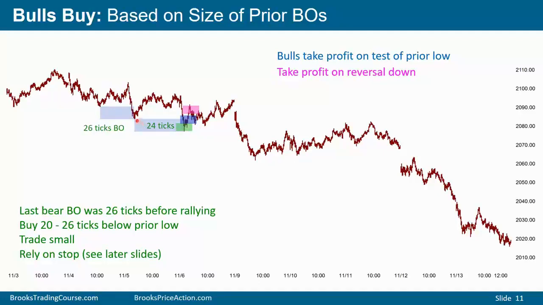Let's say a trader did not buy at that low and instead bought about 20 ticks below that low, and they expect the market to reverse up and retrace about half of the most recent bear leg. Therefore, they'll take profits in that general area, especially on a reversal down. Or they'll see a reversal up like this and think it's strong enough to get a second leg up. And because the second leg up is still probably a bear leg in a bear channel or in a trading range, they'll look to sell at that high or on a reversal down from that high.